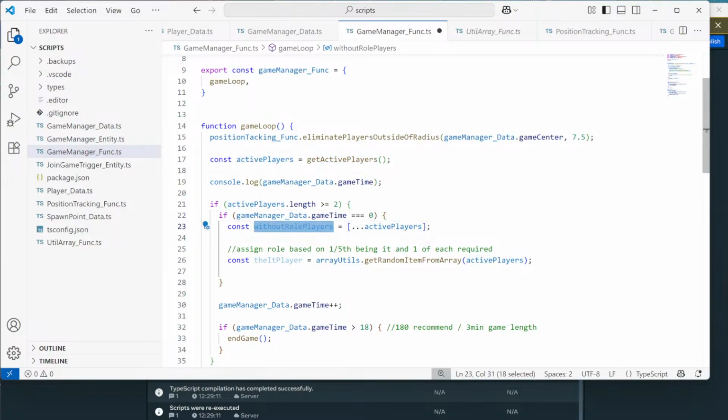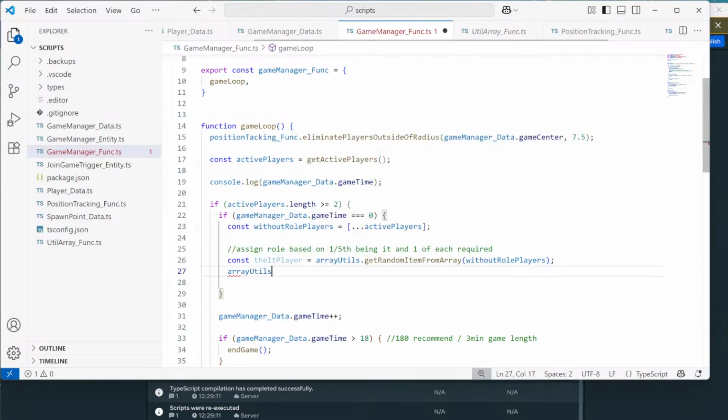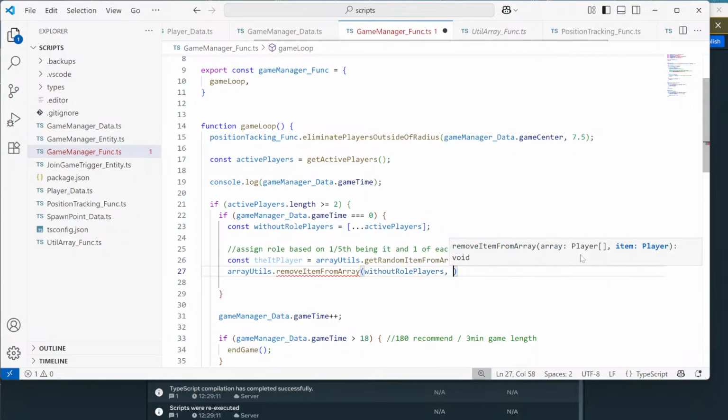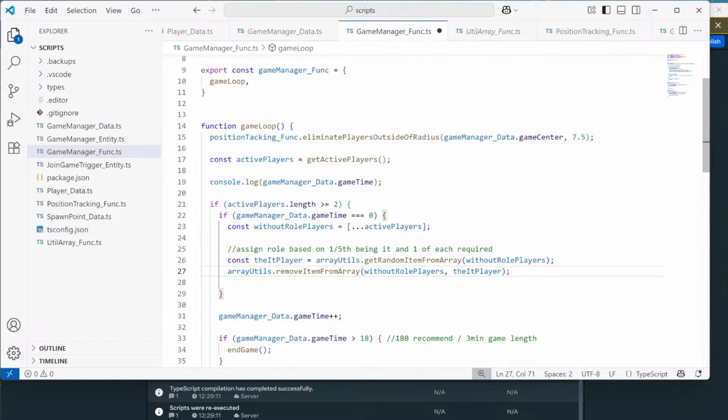We can then use without role players to determine who is our first it player. And then we can use array utilities dot remove item from array, and then pass in the array without role players, and then pass in the it player. And now we've removed that player from the array of players. Because imagine at some point you add a queue countdown timer or something. Your amount of players inside the game might be greater than 2. So we're going to then say the second player,